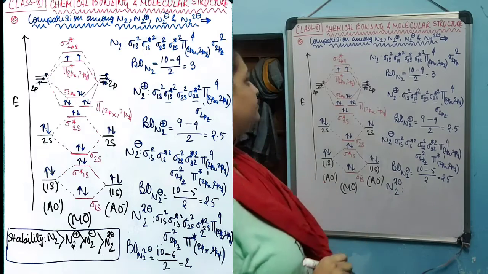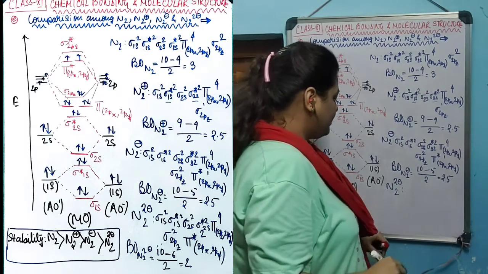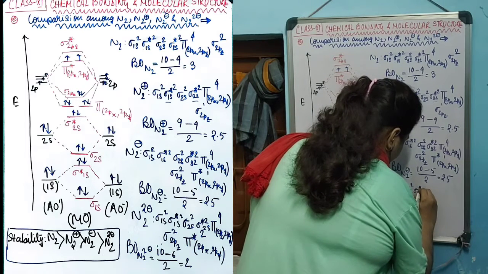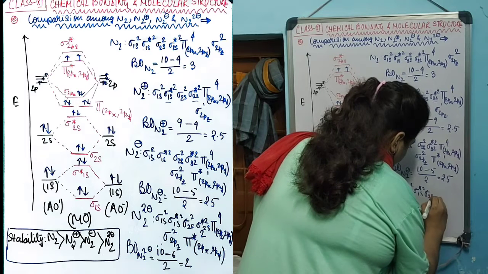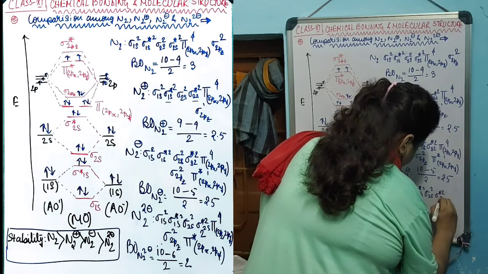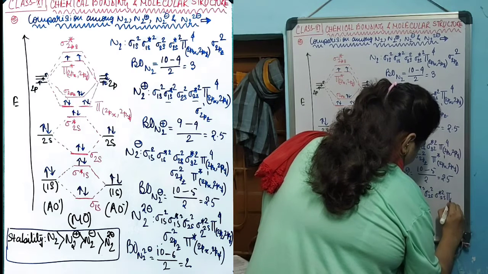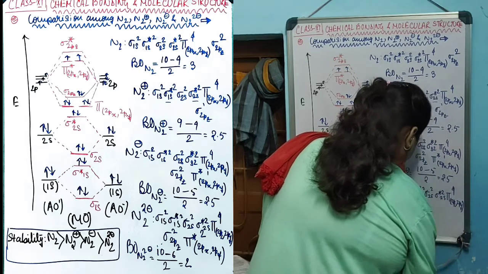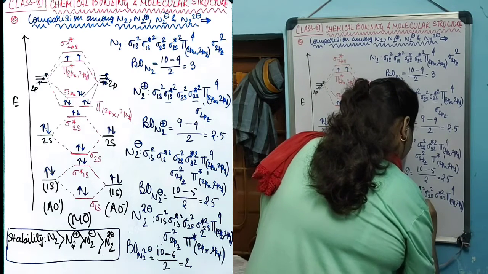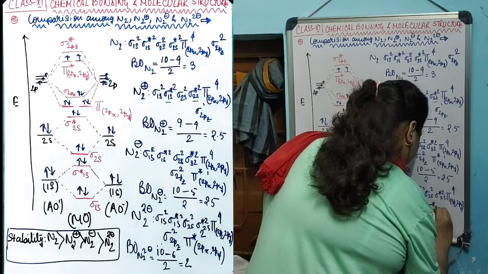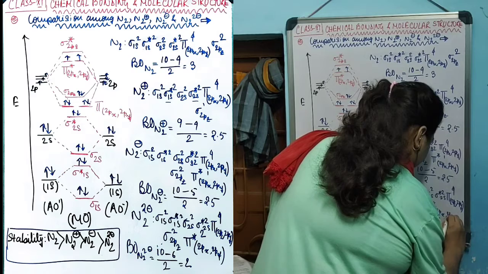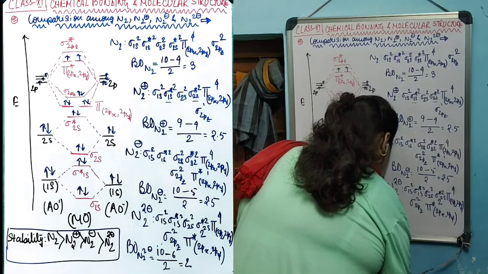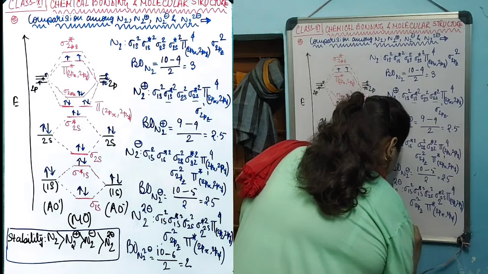Another electron will be occupying the pi star orbital singly, and the electronic configuration will be sigma 1s2, sigma star 1s2, sigma 2s2, sigma star 2s2, pi 2px2, 2py2, sigma 2pz2, pi star 2px, 2py2, and the bond order for N2 2 minus is going to be